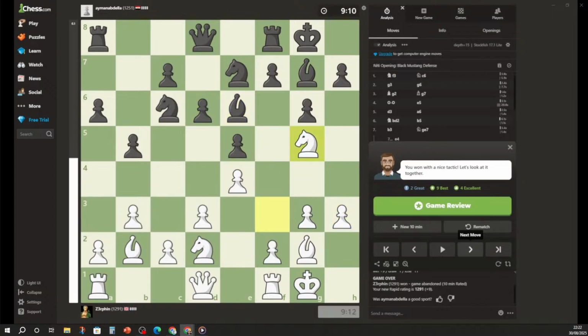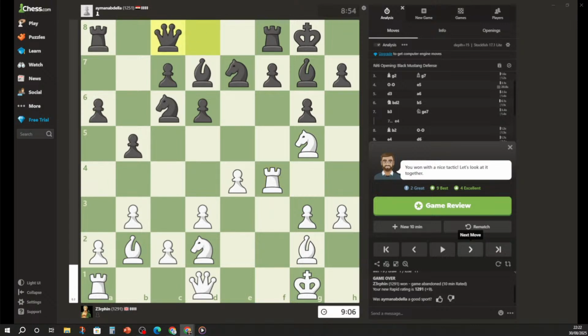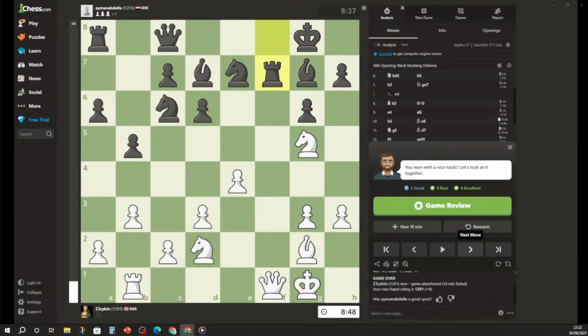But from here, okay. So here we're losing. And I was just sidetracked and just wanted this. So I missed the bishop, I could take the bishop. He realized it on the second move. Okay. And then from here,